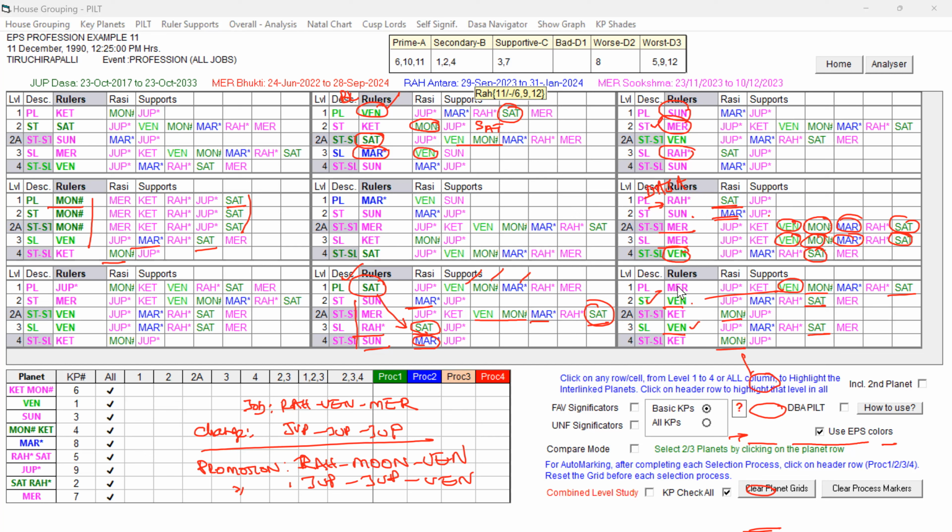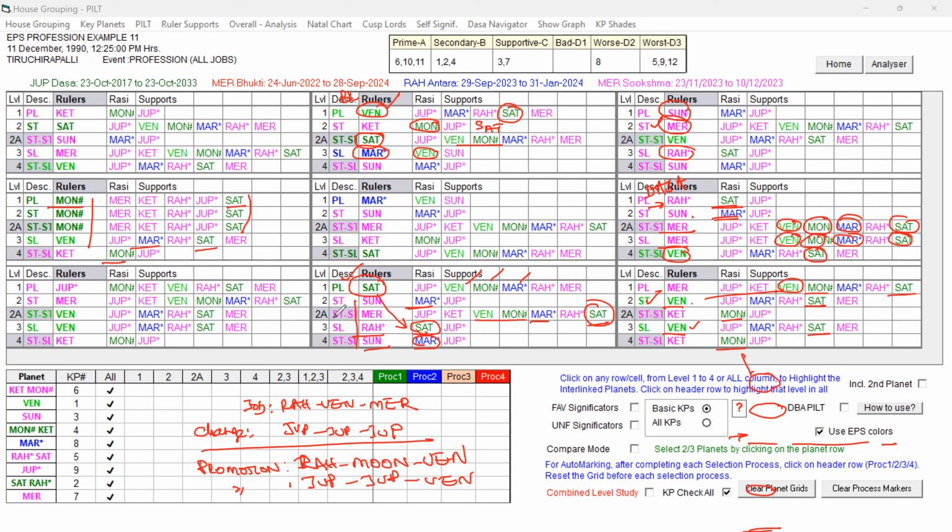That is the change causing key planet that we are aware of, because Mercury is the change causing key planet. If you keep the cursor, you can see 5, 10, 6, 10, 5, 8, 11. So this Mercury is favorable as a change causing key planet. That Mercury is playing at the 12 level and sub level, and has all the favorable key planets in support, right? Those planets are playing a role here, so they are all well connected. The planets which are supporting the Dasa Lord by way of rulers and supports, all the green planets, are playing a role here. So definitely in Rahu Dasa, Moon Bugdi will favor very good progress.